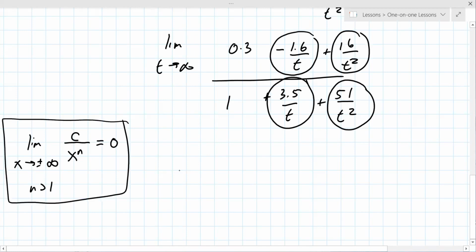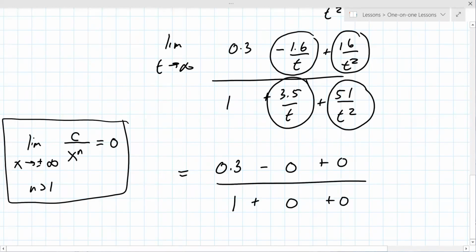So this whole limit equals 0.3 minus 0, because this 1.6 over t is applying this on the left here, plus 0 over 1 plus 0 plus 0. Okay, and that's where the shortcut is derived. Oh, it's 0.3 over 1, so it's 0.3. I can just look at the